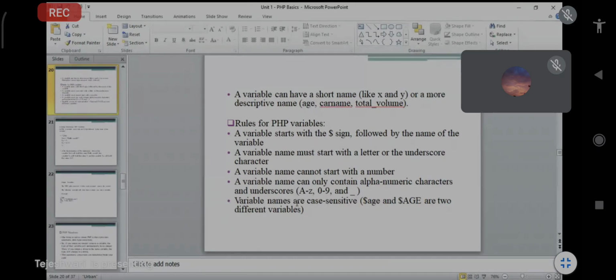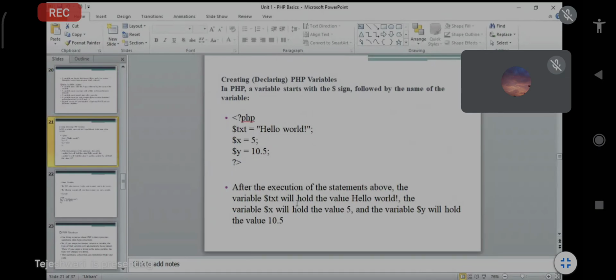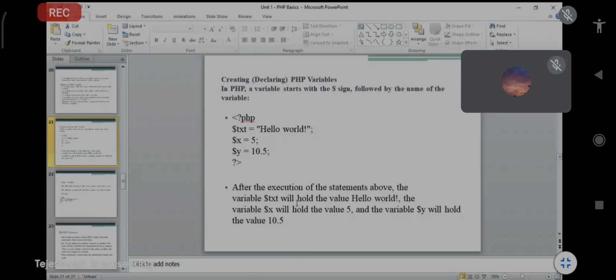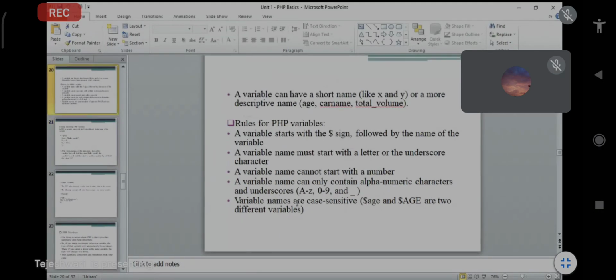We have to use the dollar sign before we create any variable, and then txt is equal to 5, or equal to hello world. Anything you have to assign, any number or any word. So the first rule is that a variable always starts with the dollar sign, followed by the variable name, then the assignment operator, and then the value for that variable.